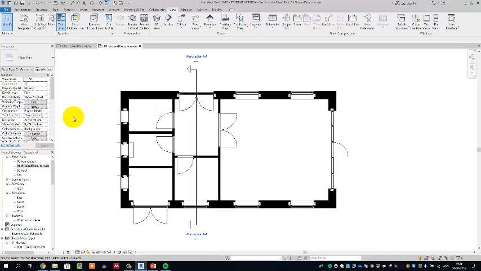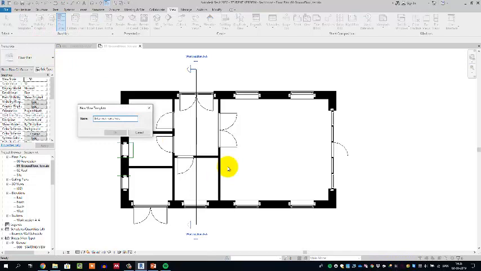Of course, now I've just changed a few things, but if this is something I want to add and use later on, then what I could do was I could make a view template. You can see up here I have view templates, and I can apply one or I can create one. So let's say I want to transfer these settings that were not really complicated, but you might get in a situation where what you do is complicated, or you might work in a place where we just have to apply the right templates from we have to print. So what I want to do here is I want to create a new template. So I say create template from current view,